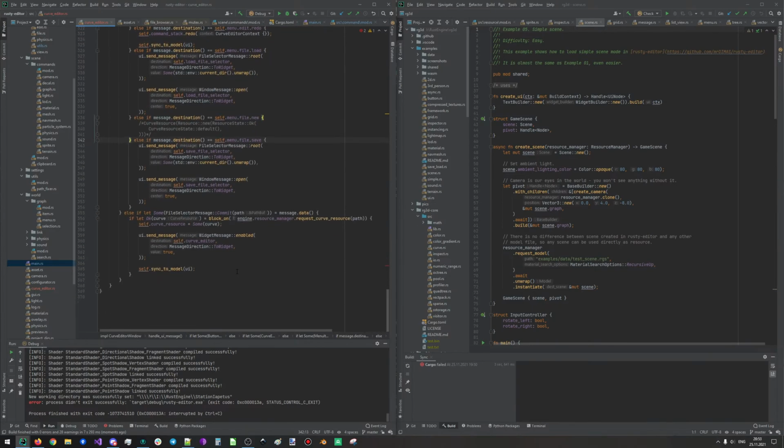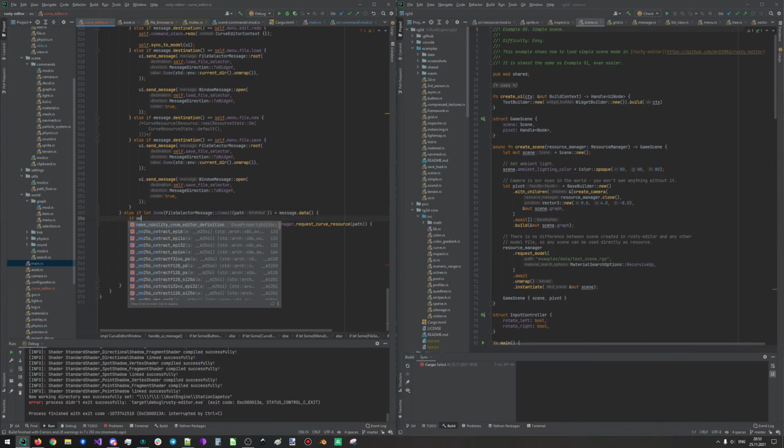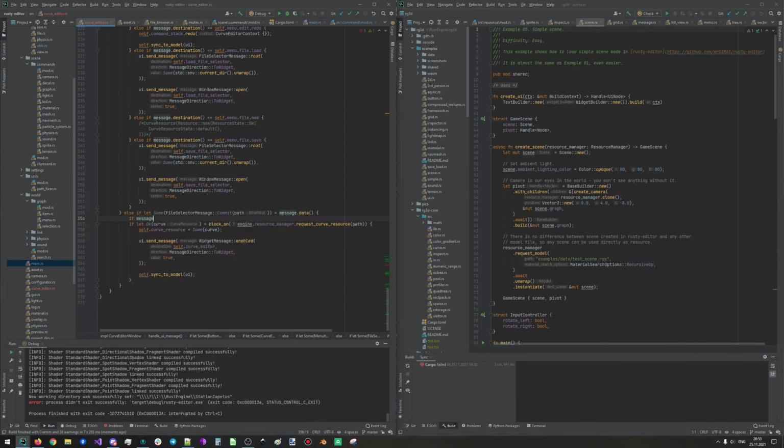Now we need to handle the commit message. We want to see if the message comes from the correct destination. Message destination equals self, this will be load file selector. And else if message destination equals to self save file selector. And in here we want to basically